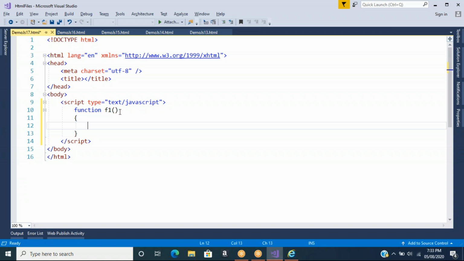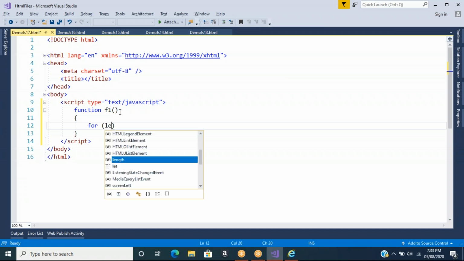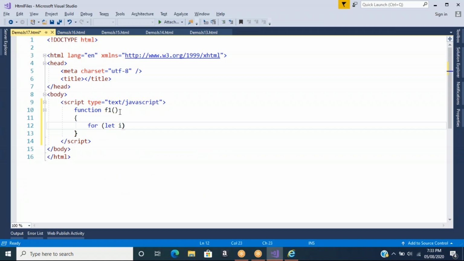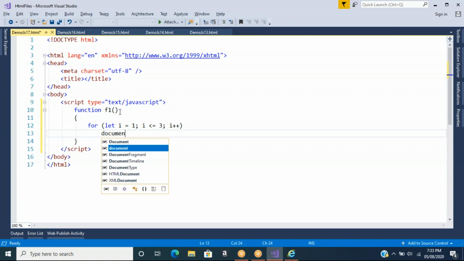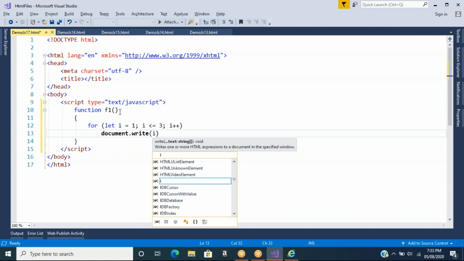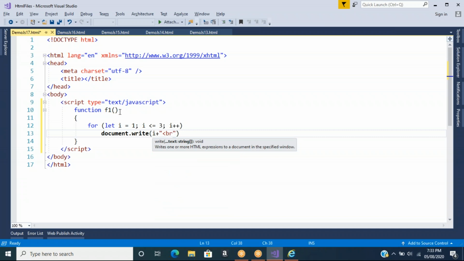You can declare a variable in JavaScript in three ways. I initialized two, with var and without var. Now I'm adding one more. What are they? First, a variable can be declared by using a keyword called let: for (let i = 1; i <= 3; i++) document.write(i + break line);